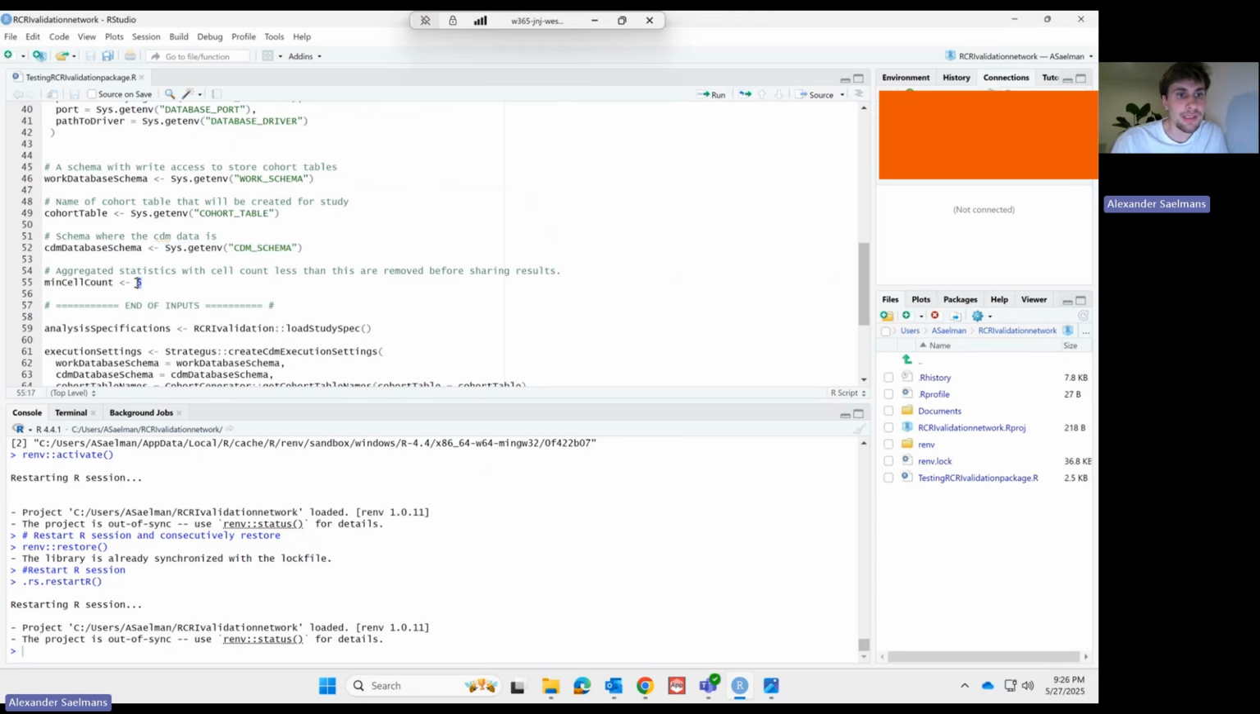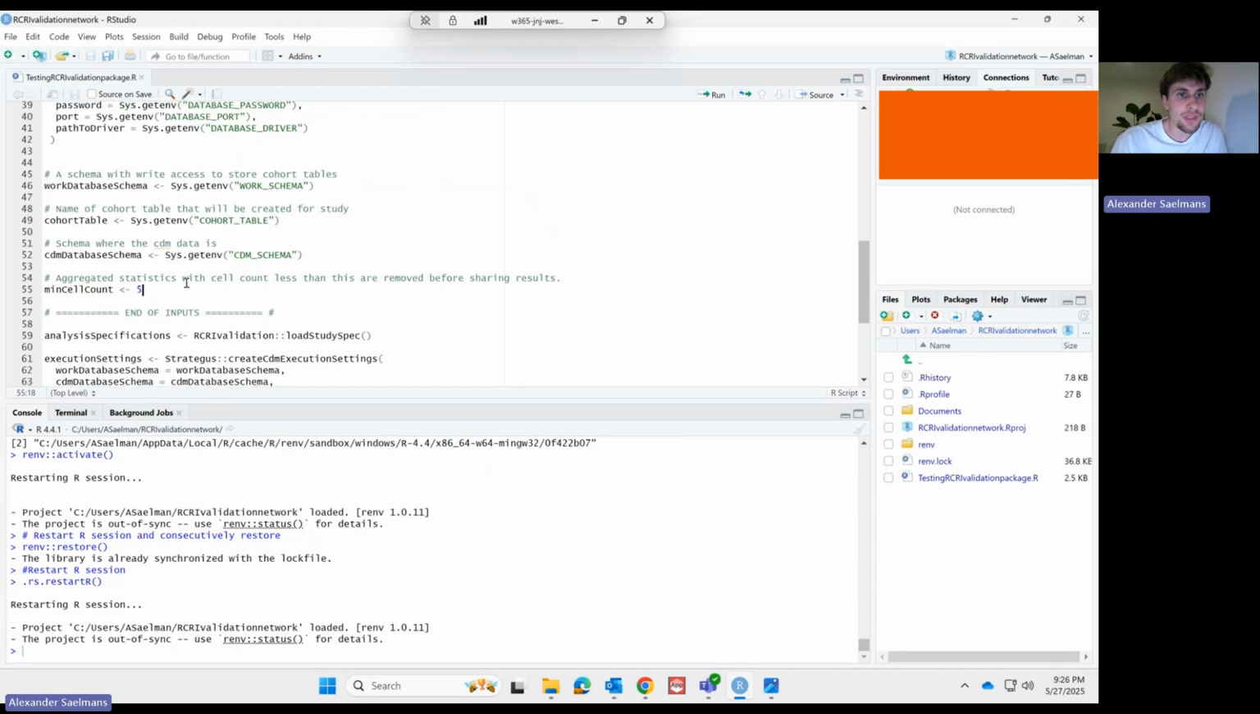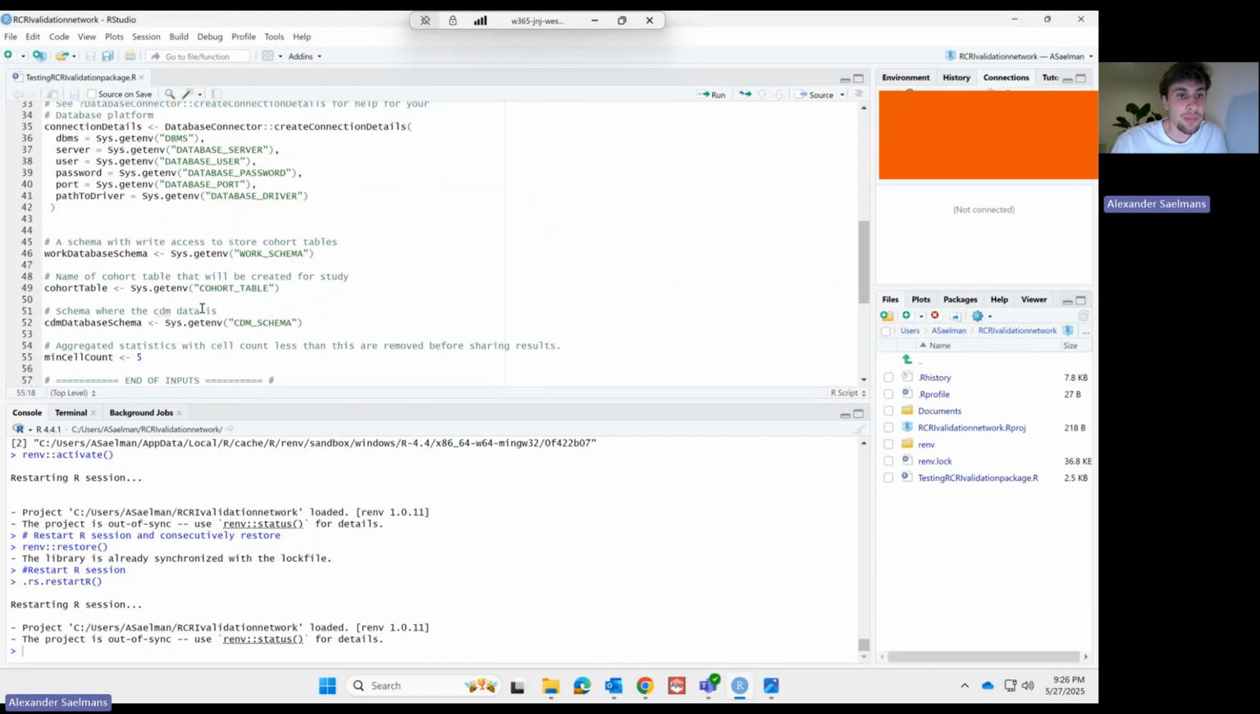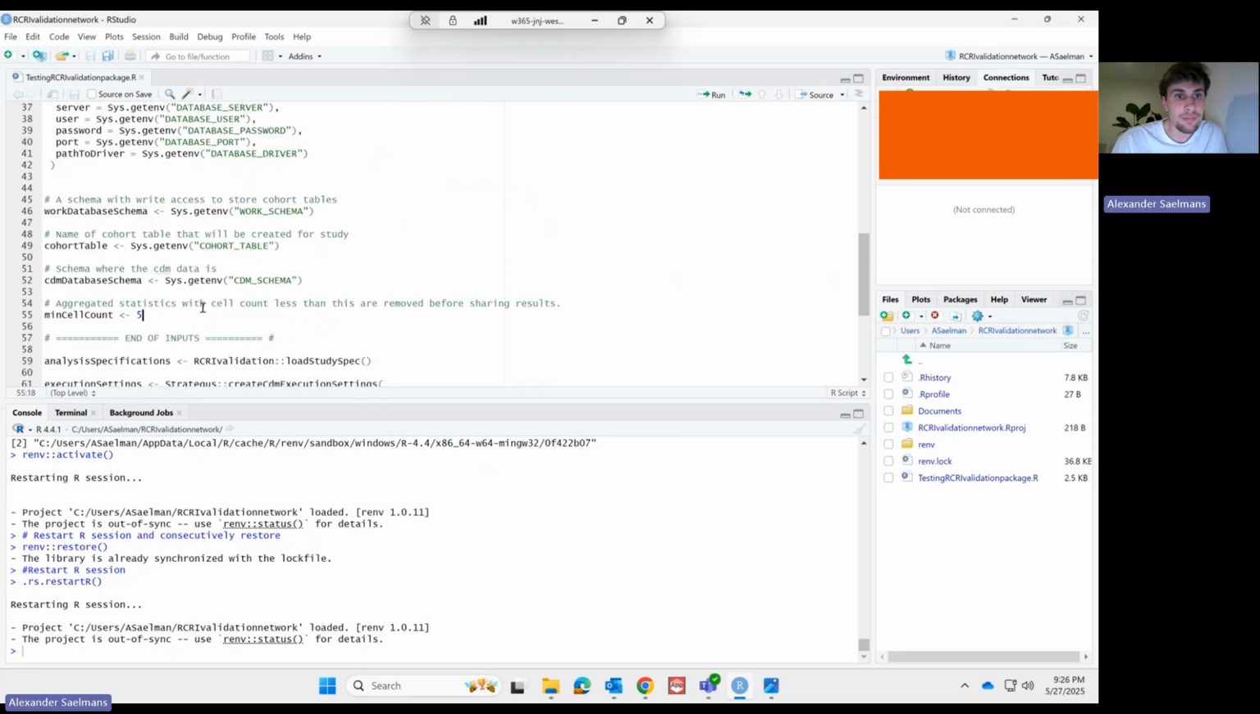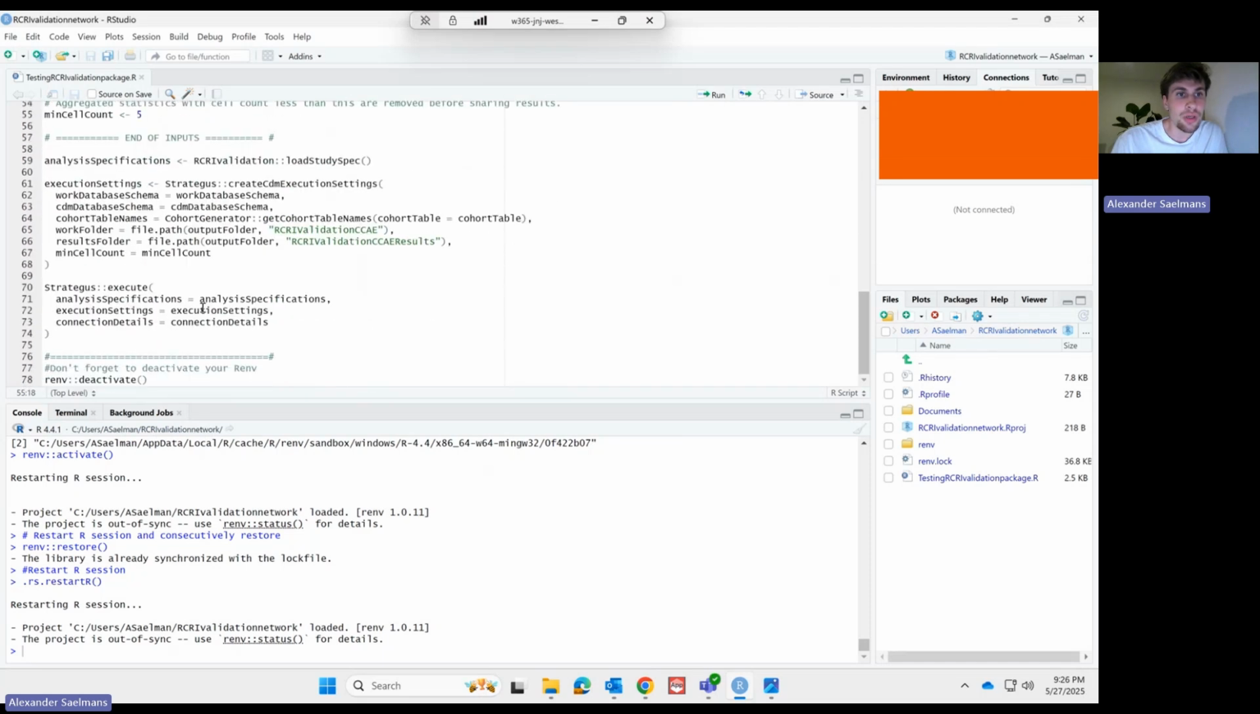The last input is the minCellCount. This is set to 5 by default, meaning that values in the source data that appear less than 5 times will not appear in the final report. So once you've filled in all these inputs, you should run them, and then you're ready to run the analysis